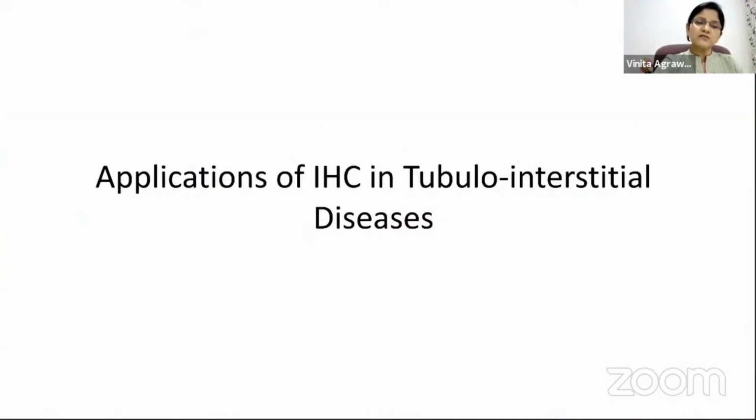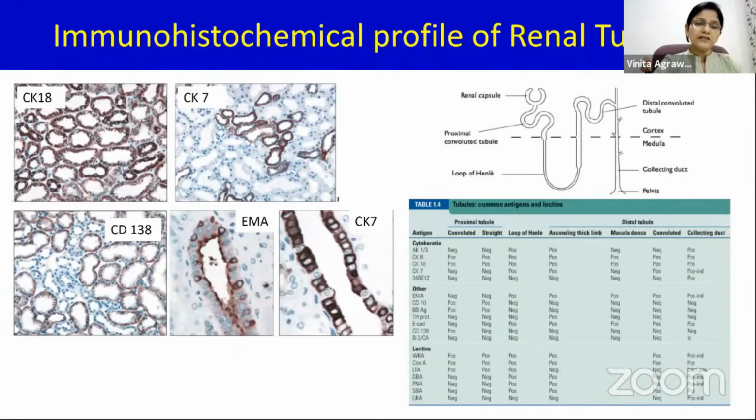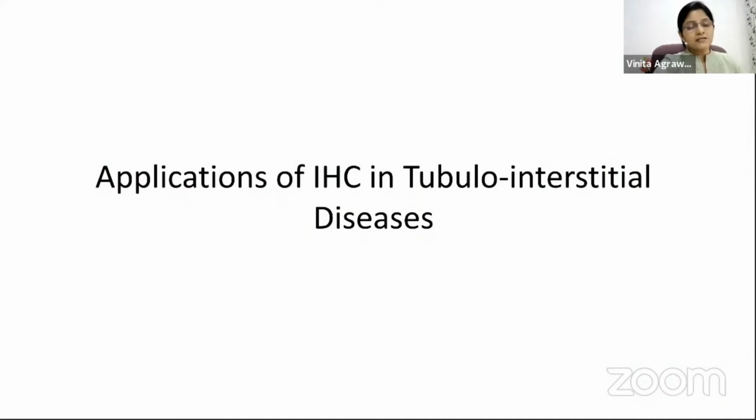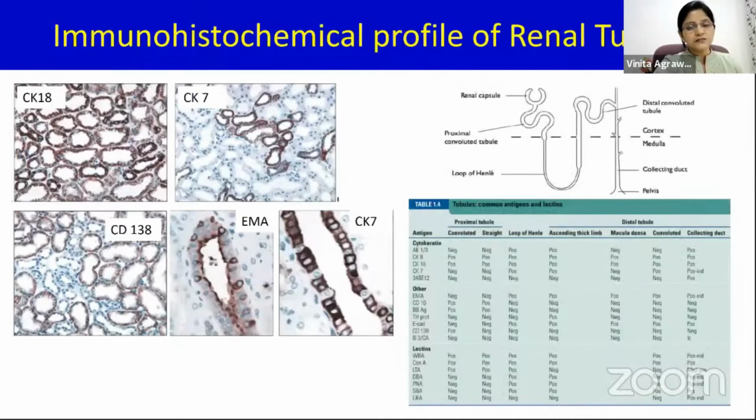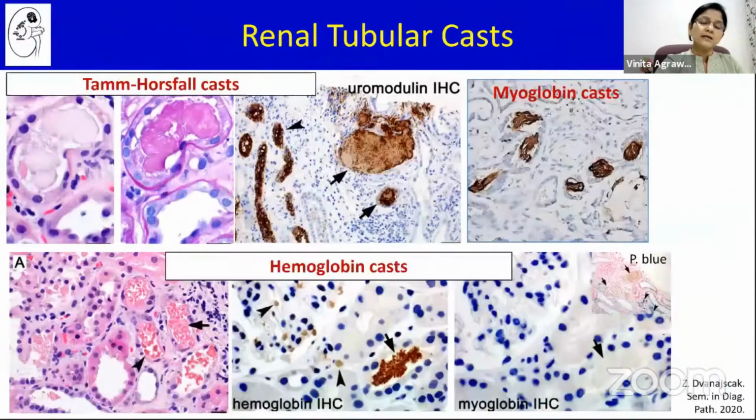Coming on to the applications of immunohistochemistry in tubulointerstitial diseases, it is important to understand that the nephron develops embryologically, and parts of the nephron develop from different origins. So there is a difference in the staining pattern of the proximal tubules and the distal tubules. The areas where immunohistochemistry is important is where you know that Tamm-Horsfall protein casts are traditionally called PAS positive casts, but sometimes they can be PAS negative and they may be quite heterogeneous, and they may even present as fractures. So they may be confused with light chain cast nephropathy, where immunohistochemistry comes to the rescue.